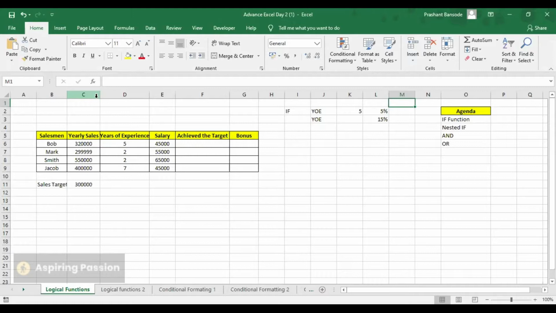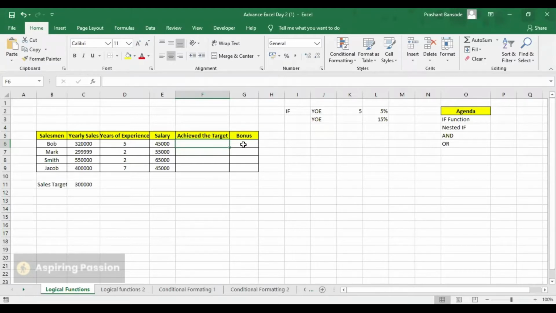So for example, if one condition is satisfied, then you get either true or false as a response, right? For example, in this given situation we have the salespersons' records, like the yearly sales, the years of experience, and the salary. So we want to assess whether the person has achieved the target or not.